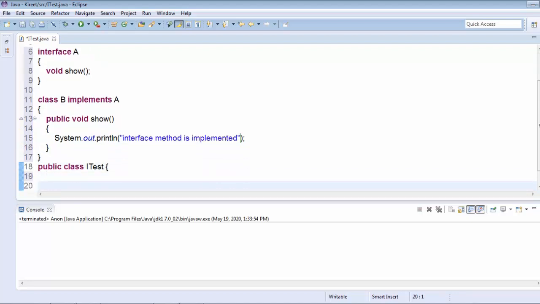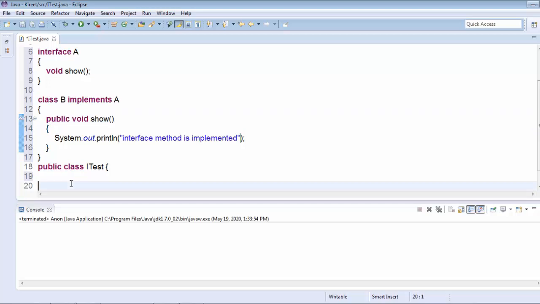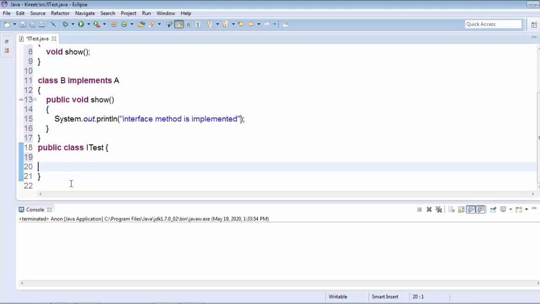Now we have to create an object. If we want to access this particular method, that is the void show method, we have to create an object. So if I write ob is equal to new A, what does it mean?